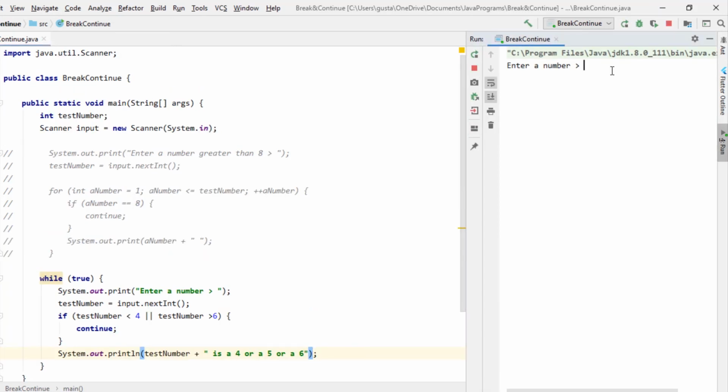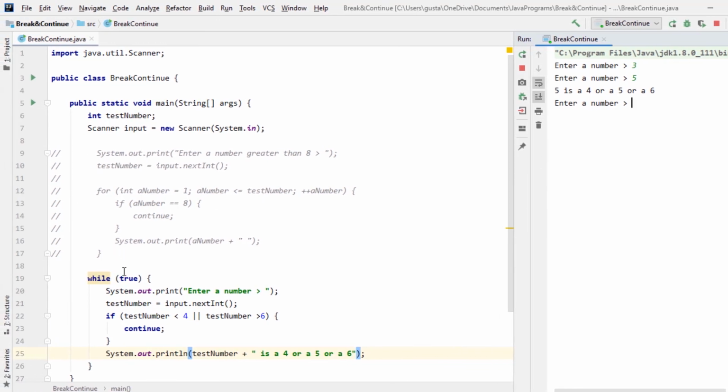And after our prompt message, we type 3 and press enter. And we see we have our prompt message displayed again. Now let's type 5 and press enter. We get the output "5 is a 4 or a 5 or a 6". And we get the prompt message again. Now, this is happening because our test in the while loop is always true. To prevent this,